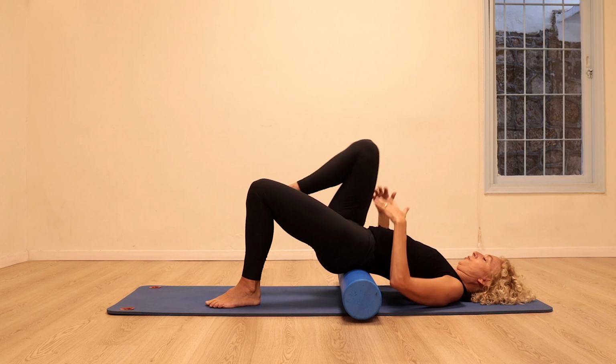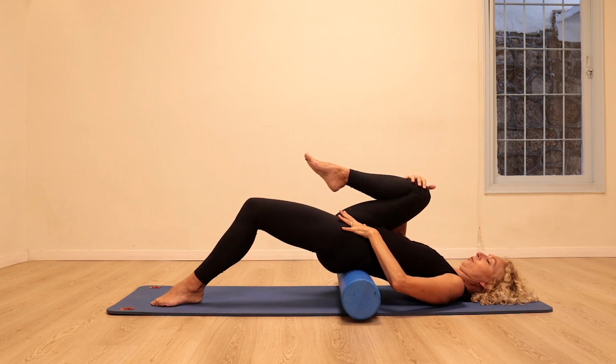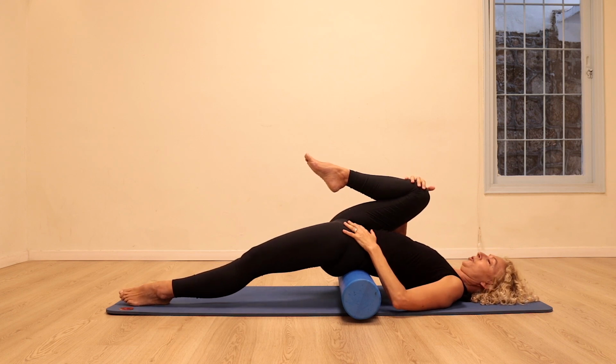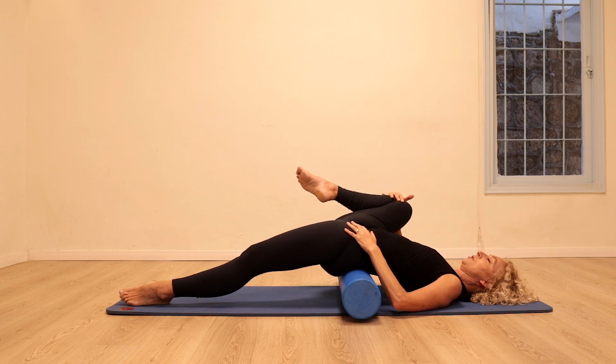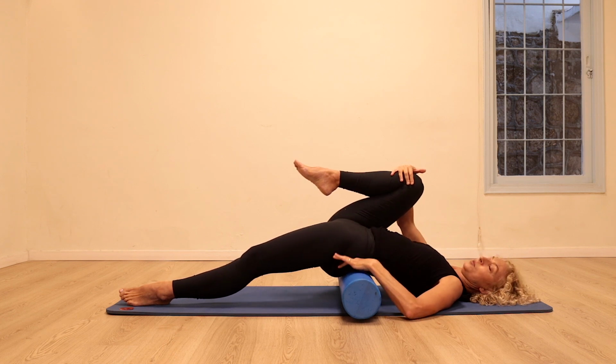Going to bring the right knee towards the chest and stretch the left leg out on the floor, trying to keep the leg as close to the floor as possible. And with the right hand, we're going to open the knee towards the right and bring it back. So make sure the